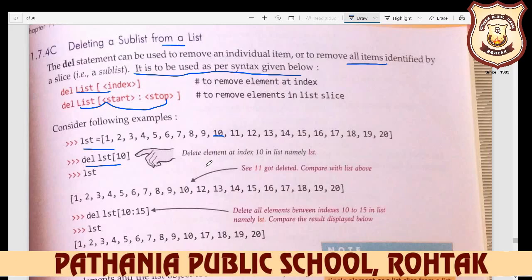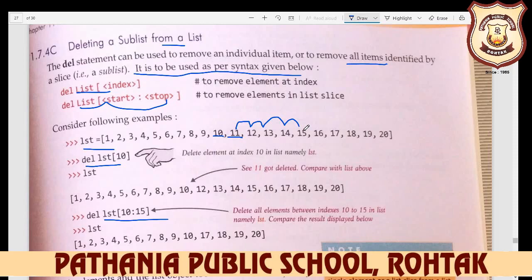So you see, if you write list[10:15], it starts from index 10, then 11, 12, 13, 14, and 15 will be removed.